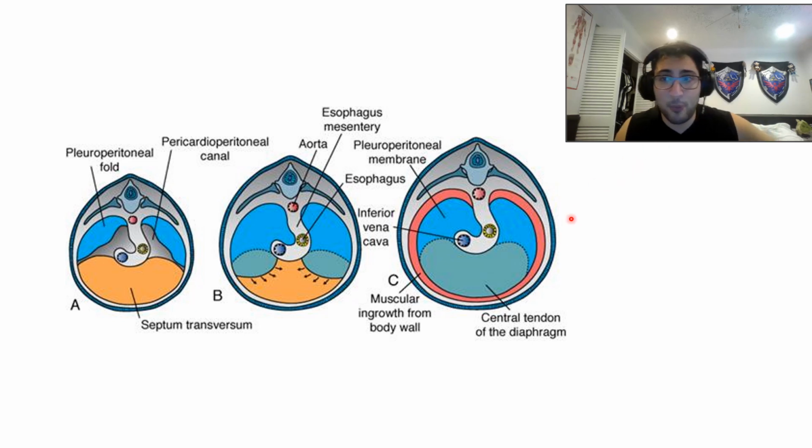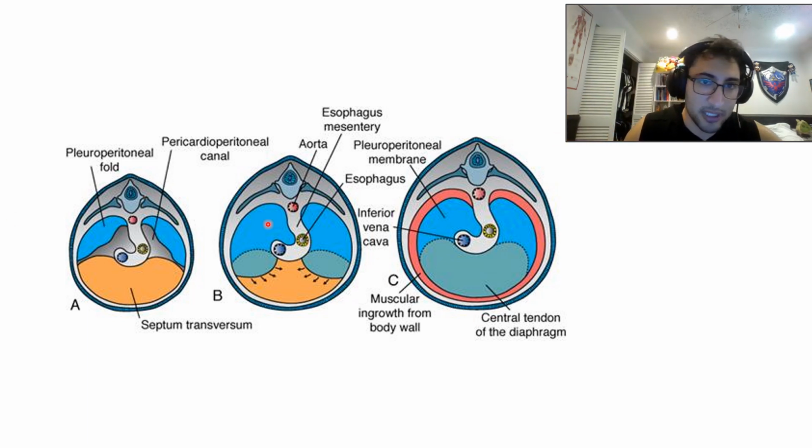Now, where they fuse over here is going to be called the central tendon of the diaphragm. All right, this is the main tendon for the diaphragm. And this peripheral area that they form is going to be connective tissue that is a scaffold for bringing in migrating myoblasts, which are going to give rise to more of the diaphragm. So when we say septum transversum is the scaffold on which the diaphragm is built, this is why, because the